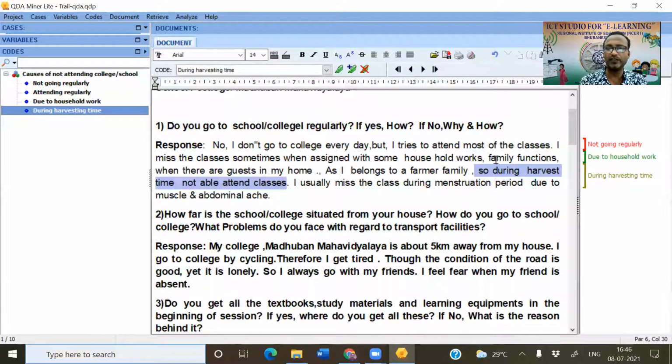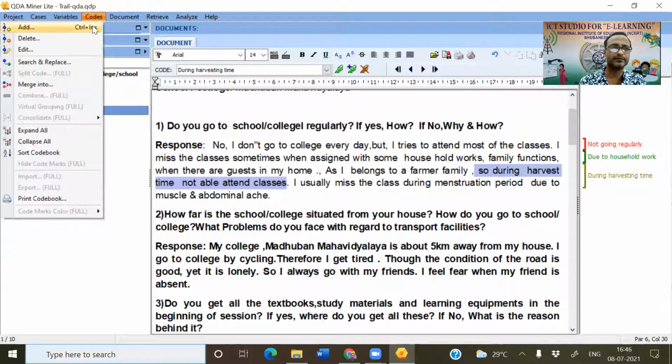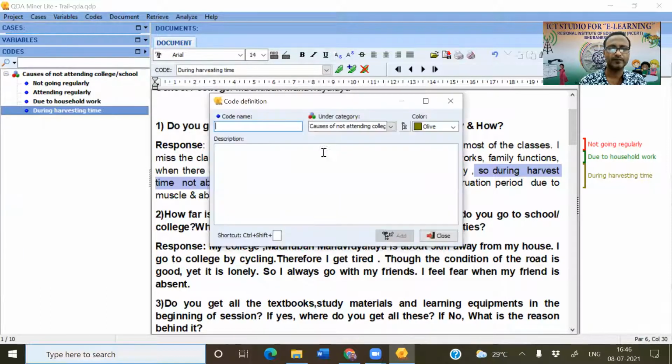Something is also written like, "family functions also, I am not going to college or school, or when guests are coming to my home, I am not going." So I have to add two more codes here: due to family function, and on arrival of guests. You can give another color.